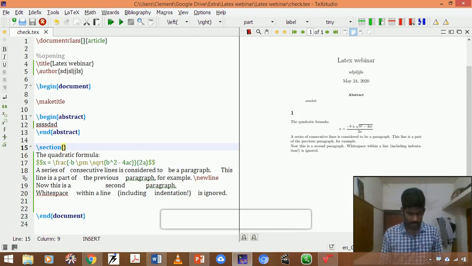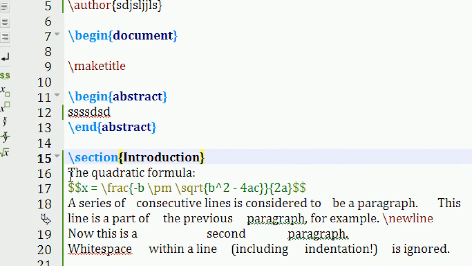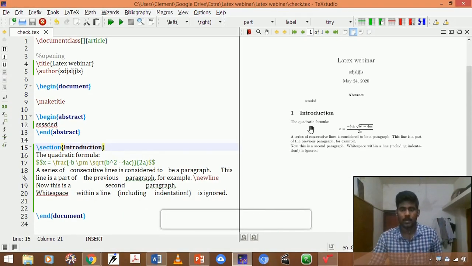If you want to give a name like Introduction and compile it, it is named as Introduction. Likewise you can create multiple sections.